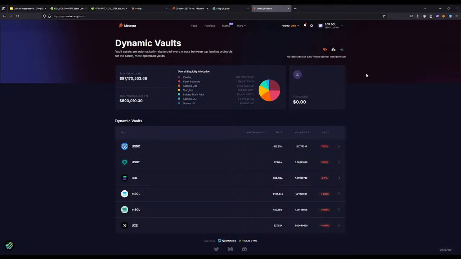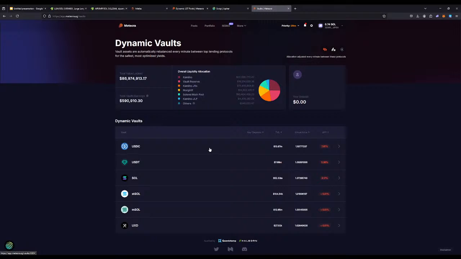Meteora vaults are vaults wherein you can deposit a single token, and these tokens are then automatically lent out on platforms like Kamino, MarginFi and SolLend. These are the three major lending platforms in Solana. So when you're depositing USDC into a Meteora vault, the vault automatically allocates those funds over the different platforms, and the algorithm does it in a way that gives you the most optimal